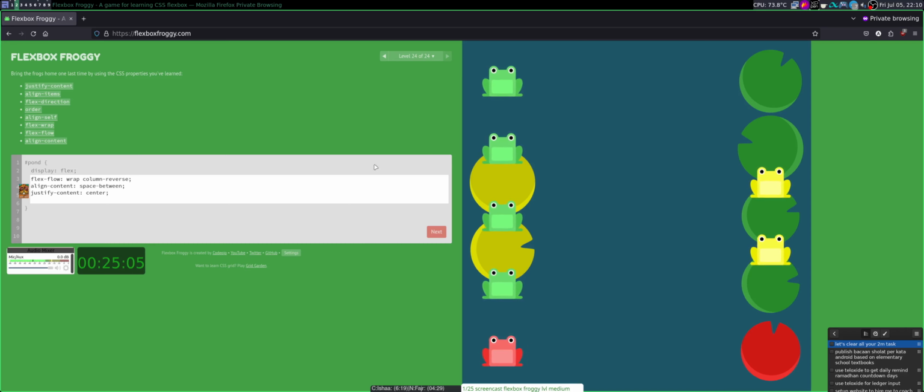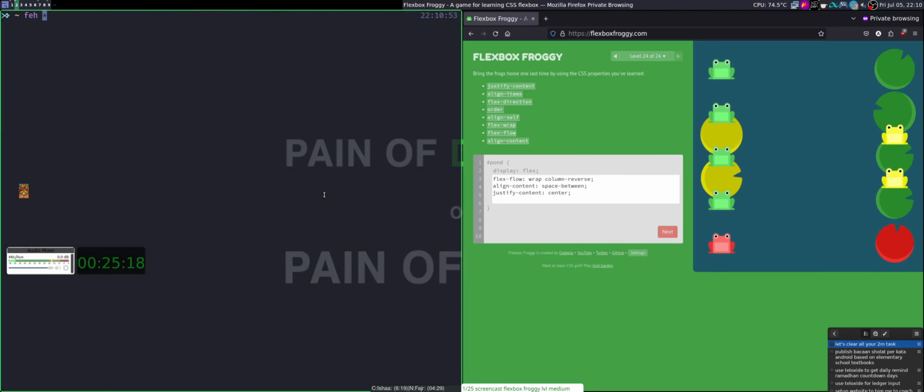This is taking too long. I think I'm going to open the cheat sheet. Okay, let's see the Flexbox cheat sheet.